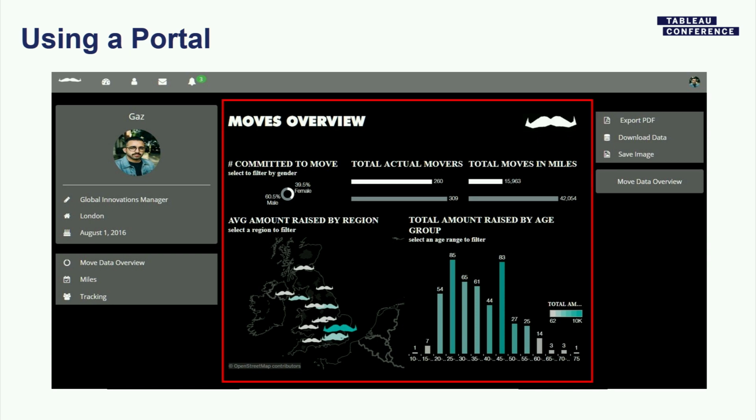So everything within this box here is purely an embedded visualization. So it's just the URL of the viz on Tableau Server that we're putting into an iframe. And then everything to the right of this is controlled by the JavaScript API. So these are all just buttons that we've written with HTML, and we've said, when I click this button, I want you to talk to Tableau Server and generate a PDF or an image or download the data. And this can be used with filters as well. So it's a great way to take a method that someone might already be used to interacting with, using a portal, and have it interact with the Tableau Server instead.